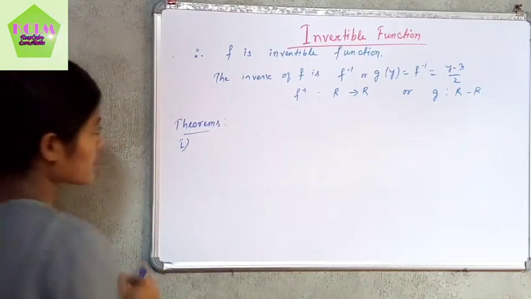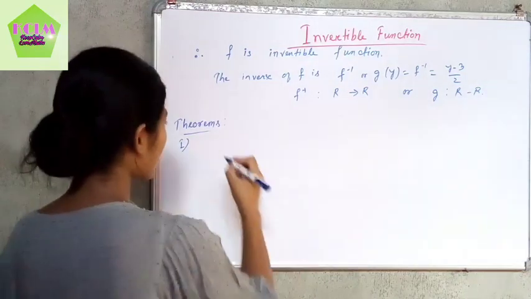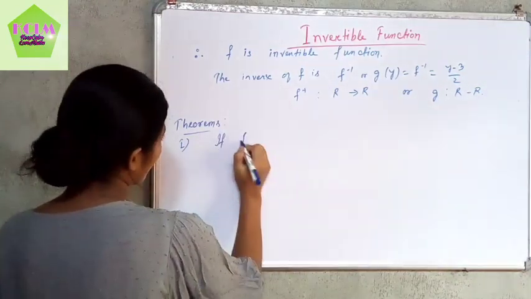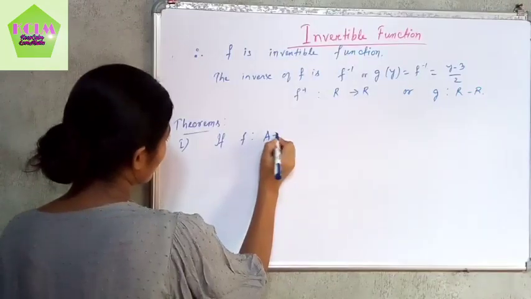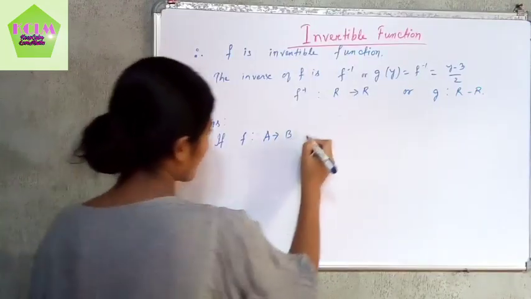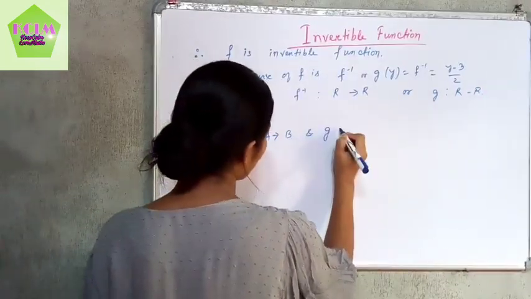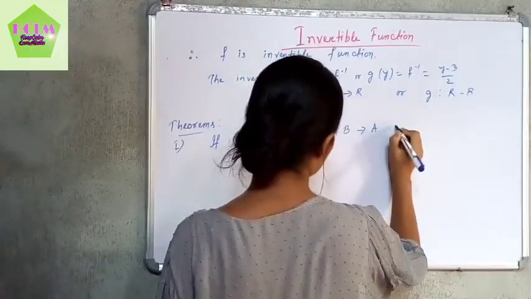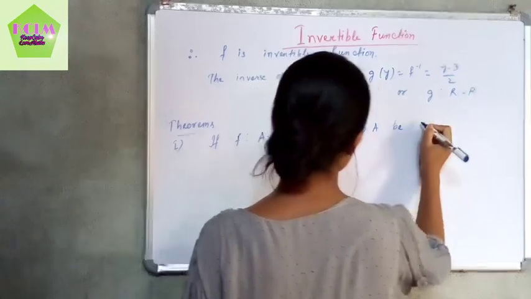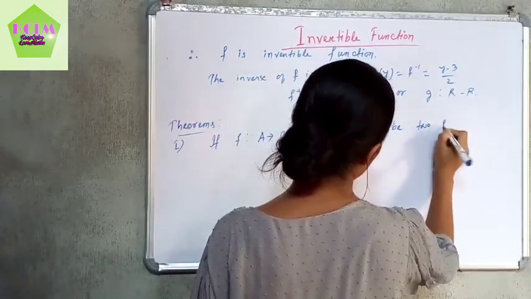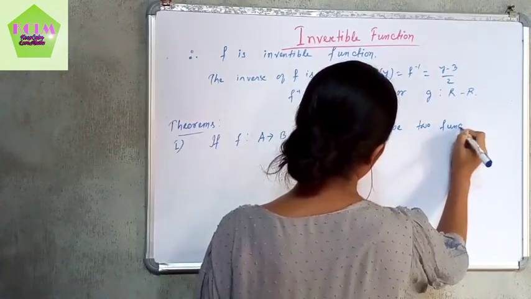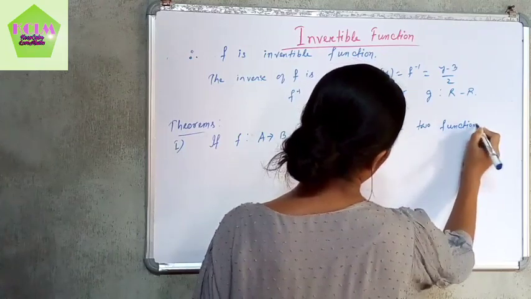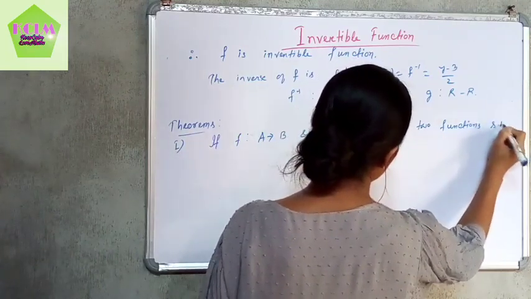The first theorem is, if we have a function f from A to B and g from B to A, the two functions such that